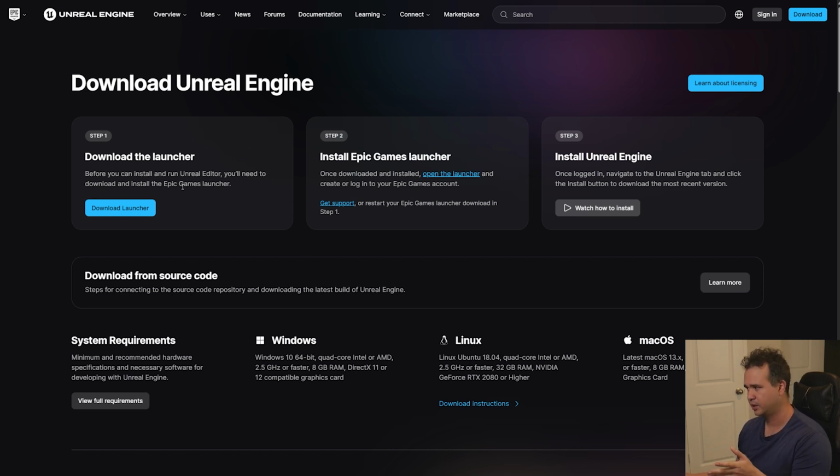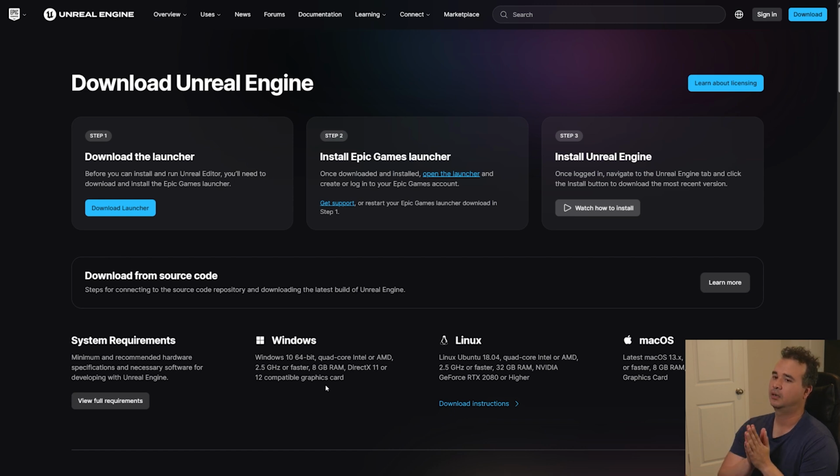There are some recommendations here for Unreal Engine. So you can see for Windows. I'm not going to talk about Mac because I'm not from that world. So if you have a Mac, there are some compatibility things and you can follow along for the most part. But I'm just going to dedicate this to Windows. So you can see here Windows 10, 64 bits, quad-core Intel or AMD, 8 gigabytes of RAM, and a compatible